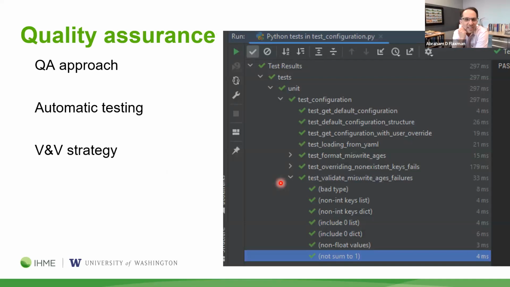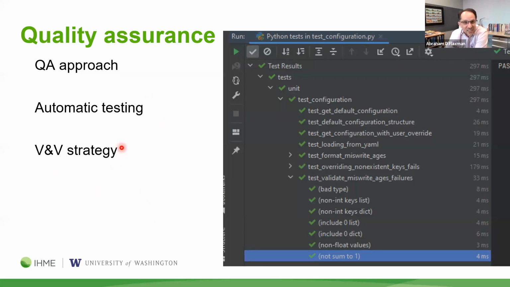This is just a little bit of a brag slide because I'm kind of proud of how much work the software engineers put into testing. Quality assurance has been a particular point of interest for us. And so we've got a QA approach where the researchers who developed the concept model for how this should work are then looking at both the stuff coming out of the simulation, how it's being post-processed, and then how it's coming out of pseudopeople to make sure it meets their specification. But we also have this automatic testing that the engineers are doing based on their understanding of it. This is just a screenshot of a bunch of tests passing to help me brag on the cool amount of work that they've put into it.